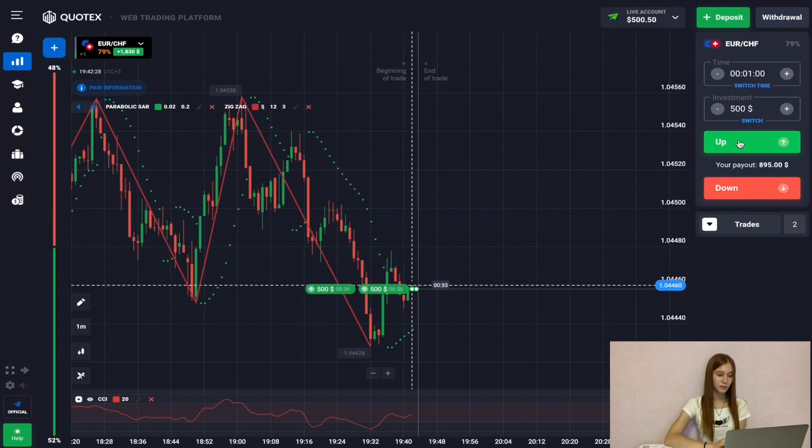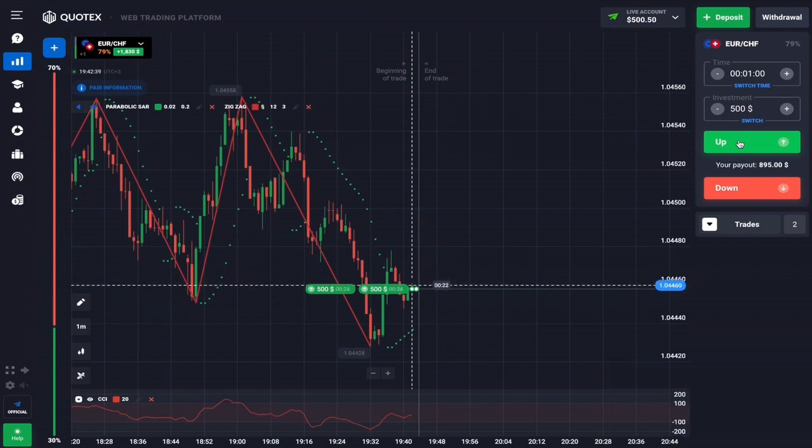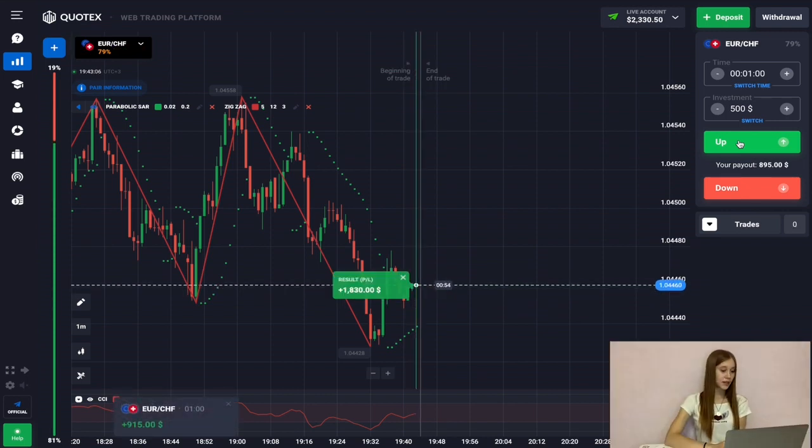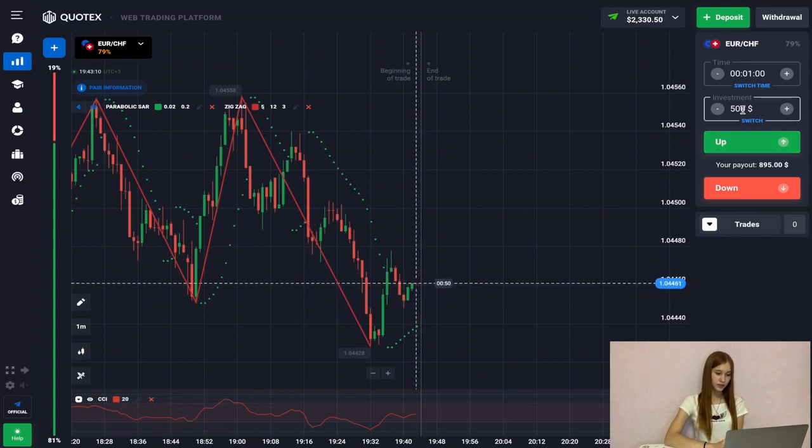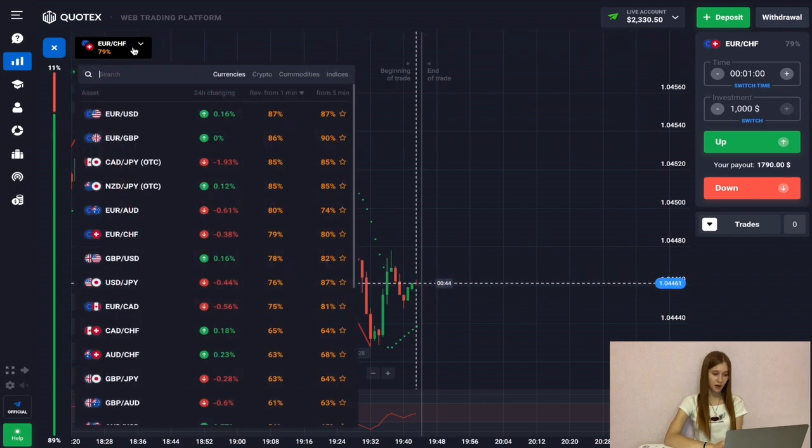On the uptrend movement, we also see that we have high volatility, and these signals are clearly visible here. Let's wait for the deal to complete. And we successfully close our trades and continue trading and select a currency pair. Here we see that we can open a double trade to reduce the price,